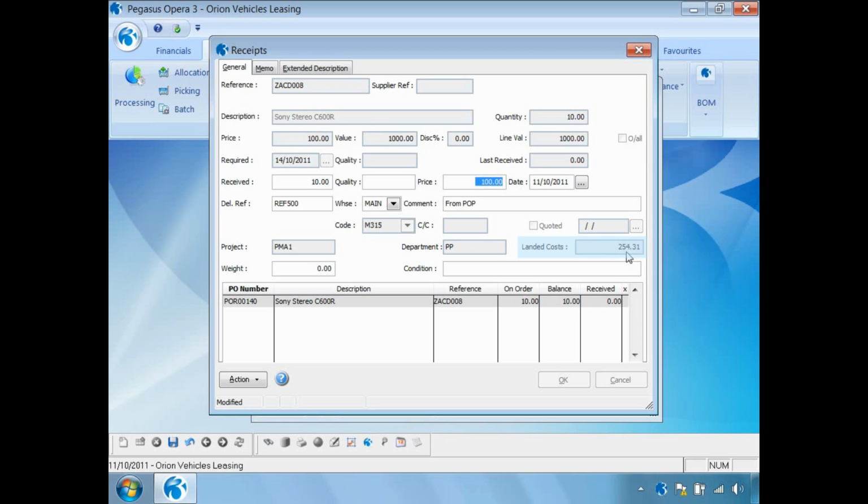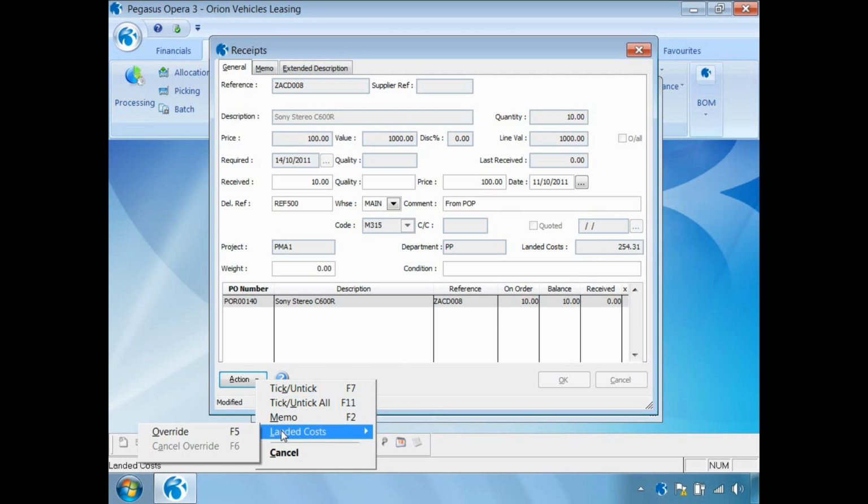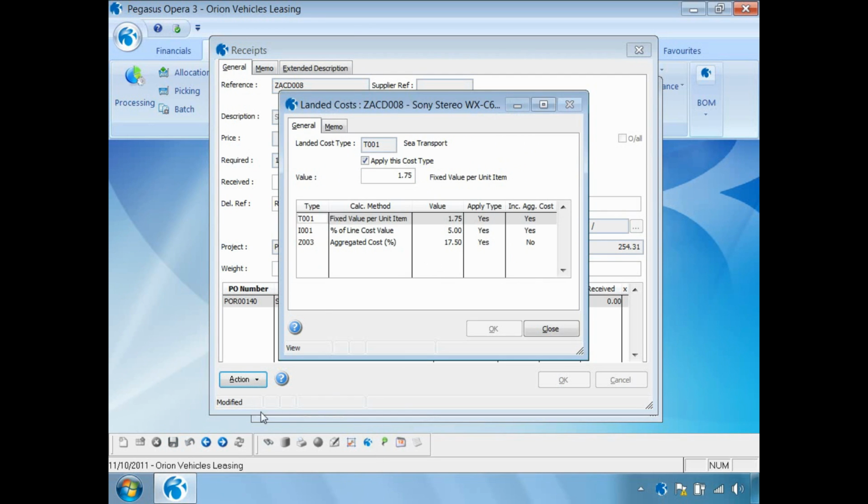If this calculated landed cost price is incorrect, we have the ability to go through and override the landed cost values. Let's say, for instance, on this particular shipment, insurance wasn't applicable, in which case I can turn off applying insurance, I can save that away,